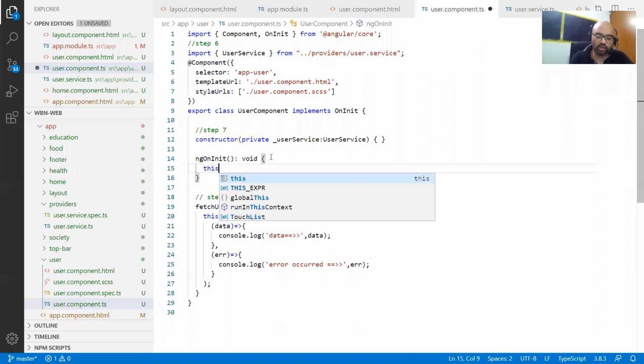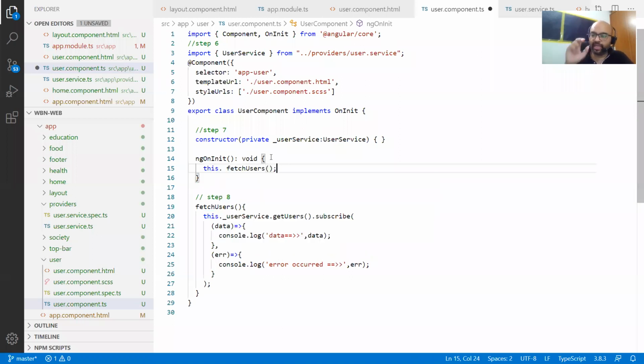So you say this dot. So that is how we call our APIs. That's how we set up our APIs. So we basically create a service. We create a provider. In the provider, we set up our API calls. Then the service method, we call it in the component. And make sure at the right event we call those service methods, meaning provider methods.